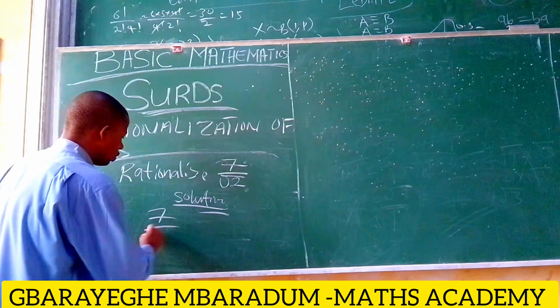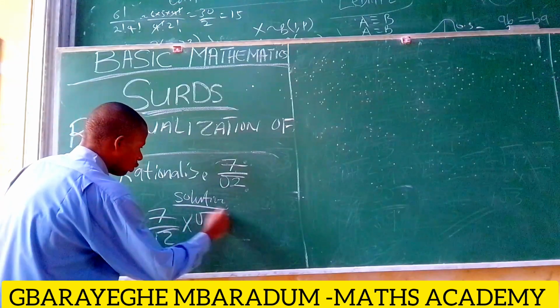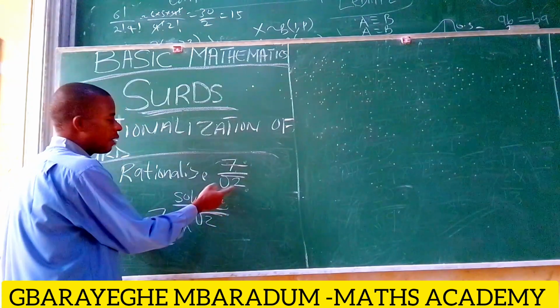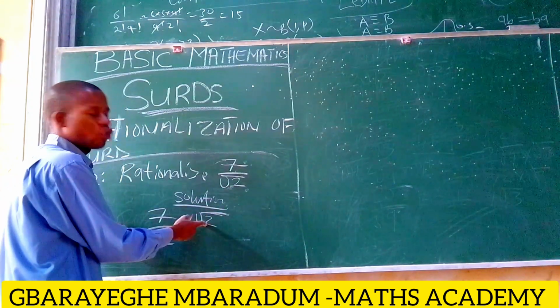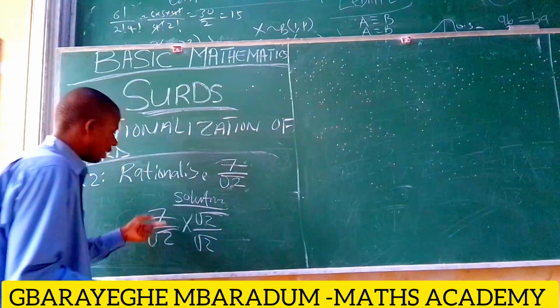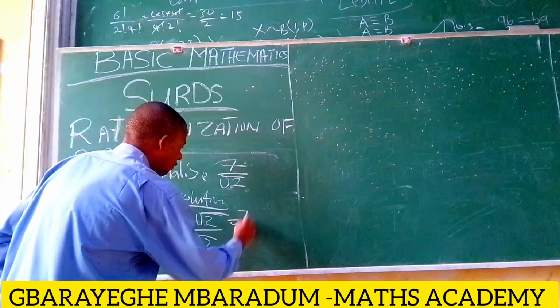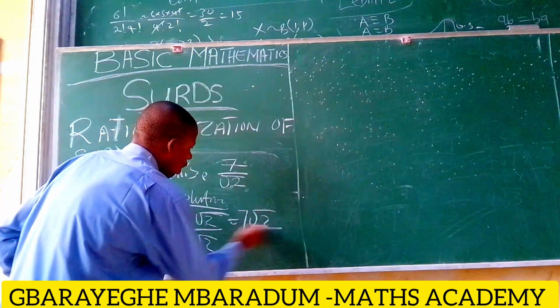7 all over the square root of 2, multiplied by root 2. Our major aim is to eliminate this root 2, so we multiply the top by root 2 and also multiply the bottom by root 2. Now, 7 times root 2 is going to give us 7 root 2, all over